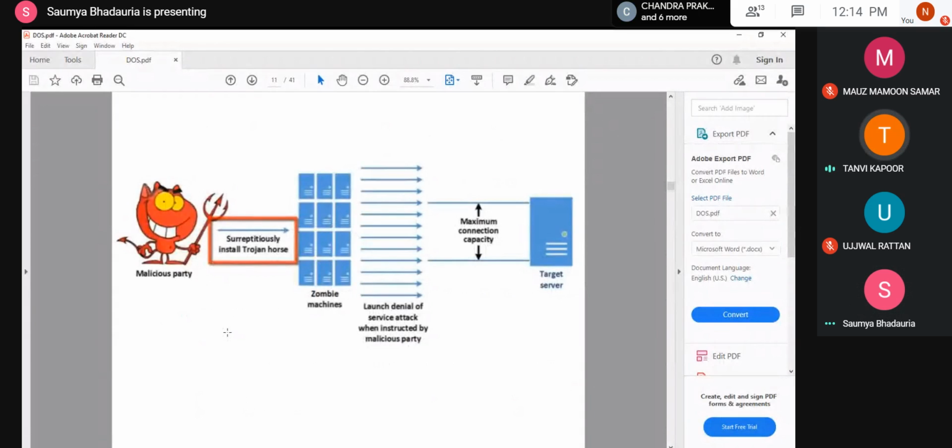Ma'am, is the zombie machine related to the malicious party? Related in what context are you saying? Ma'am, because of the malicious party, the zombie machine gives the target server some malicious signals. See, I cannot say that it is related to